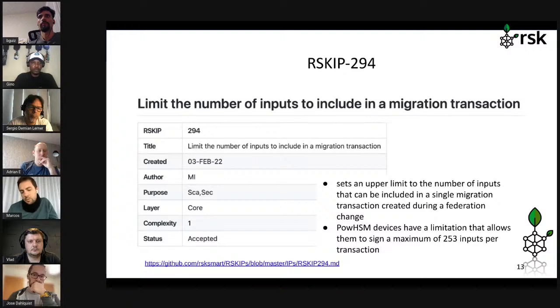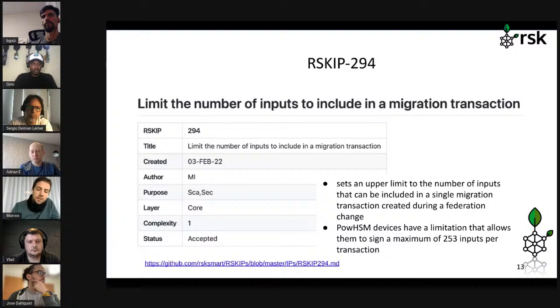So this proposal is simply to set a maximum number of inputs to be included in a migration transaction. And in case there are more UTXOs to migrate, well, then a second migration transaction will be created, or a third, a fourth, or as much as we need until all UTXOs are migrated. What we proposed here was to set a relatively low number as the maximum of inputs to include in a transaction. We set it at 50,